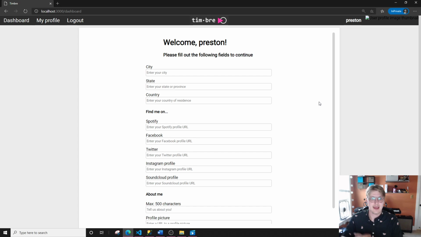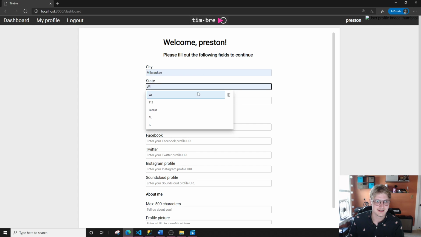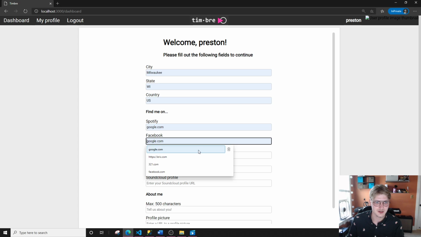Before I can actually get into the application, I need to provide additional information so that I can set up my profile, and especially authenticate to Spotify. Every bit of functionality in this website is dependent on authenticating to Spotify. So I'm just going to fill in some pre-populated data here. That's not a real state. Try to make this kind of realistic. Wisconsin, US, and I'm just going to use Google for